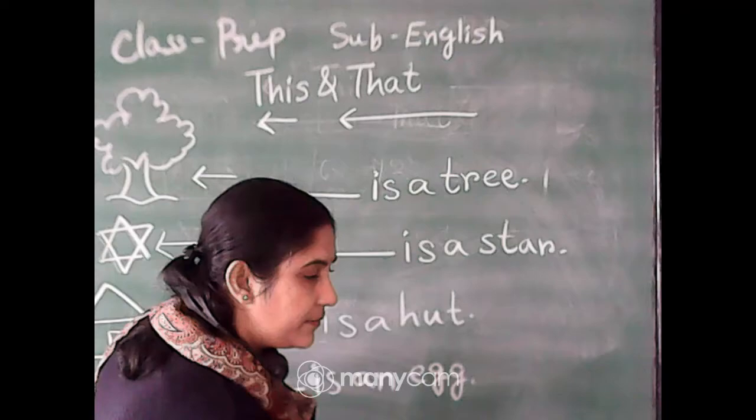So first it is given, there is a tree, and here is given a small arrow, and thereafter dash is a tree. What you will write down here? You will write down dash is a tree, and the small arrow indicates this.